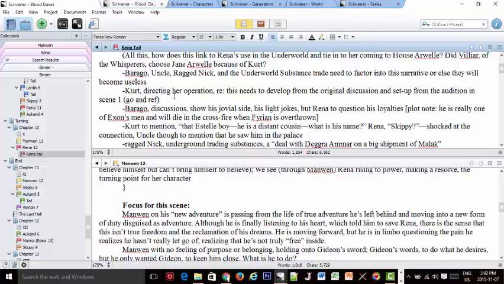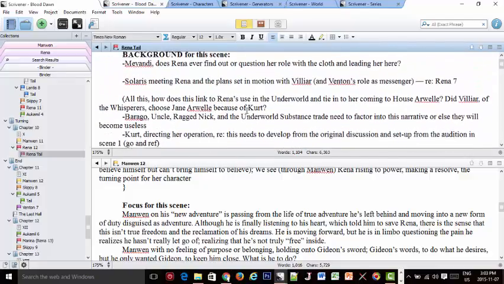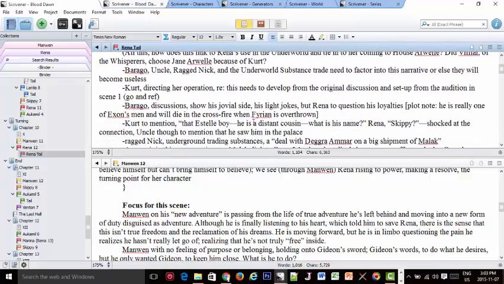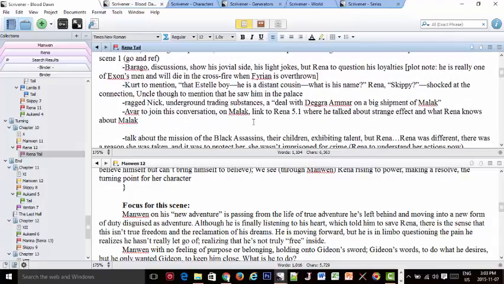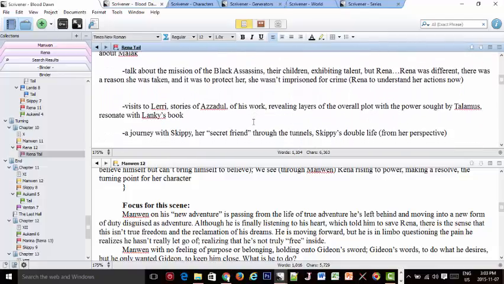So in terms of Manwin, there's sort of this note here. Again, my spoiler warning: don't read this if you don't want to have anything spoiled. There's this whole chunk here of stuff relating to Rena's Uncle Kurt and his dealings in the underworld, and that's kind of just been a background element. It's not that important. I really wanted to put it into earlier chapters, but it didn't fit. It would have just felt like an info dump, and I abandoned that. With Uncle Kurt, he may actually vanish from the novel, or he'll really be pushed off as a side character.